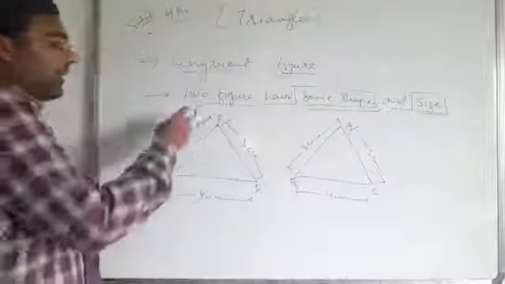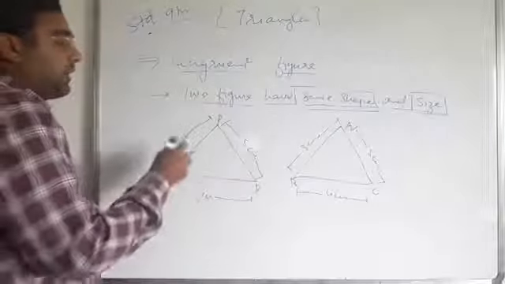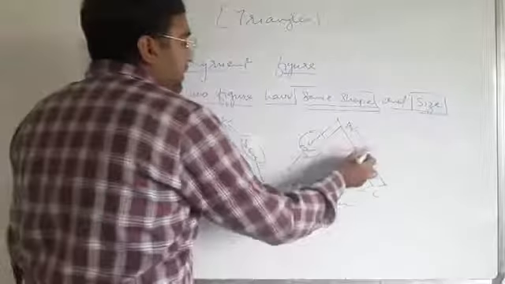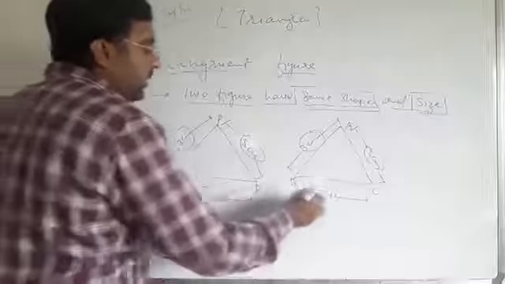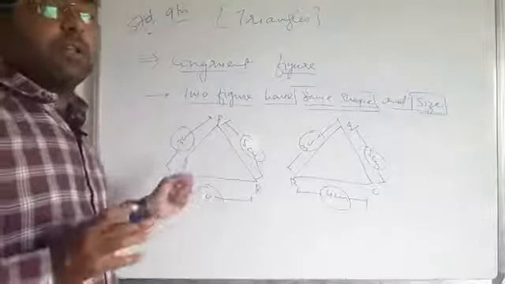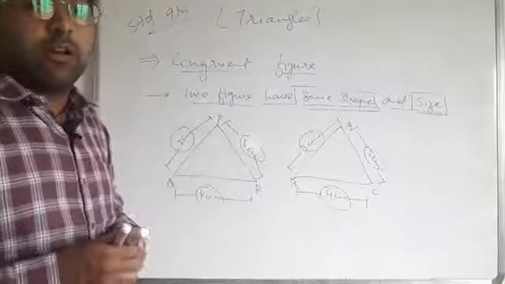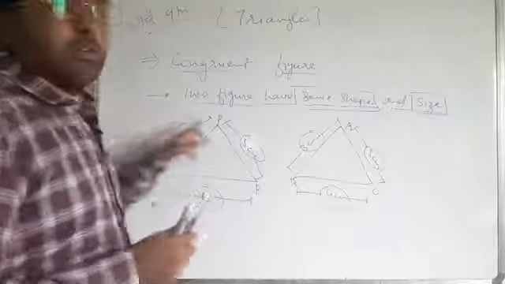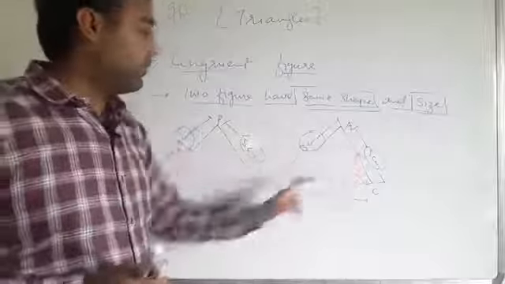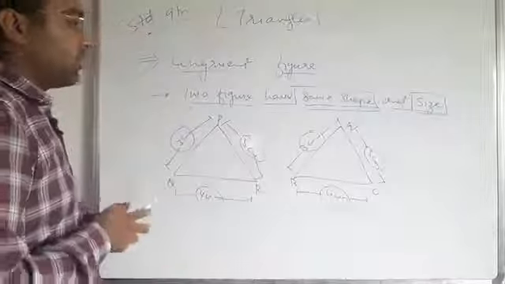Okay, so in my figures PQR and ABC, all the measurements of the sides are correspondingly equal to each other. Please listen carefully. I'm saying that they are correspondingly equal to each other. The sides of the triangles are equal to each other correspondingly: this side to this side, this side to this side, and also